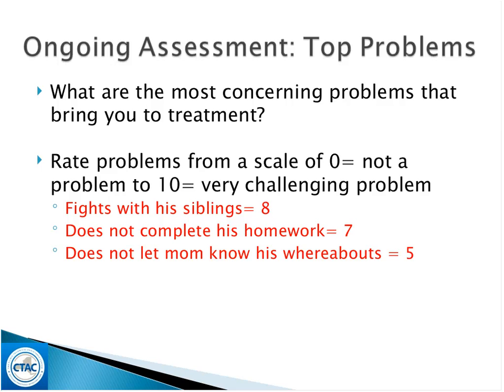In terms of ongoing assessment and more idiographic measures, the top problems. The top problems is an idiographic measure that I found quite useful for the purpose of treatment monitoring. It's very flexible and simple to use and personalized to each family. Essentially, we just ask parents to list the problems, rate them along severity, and focus on the top 2 to 3 behaviors. Importantly, these behaviors should be objective so they can be tracked and possible to treat in your therapy context. Herein, you can see that a parent selects 3 behaviors, each of which cause some problems for the child, like fighting with their siblings, completing homework, being outside without parents knowing.